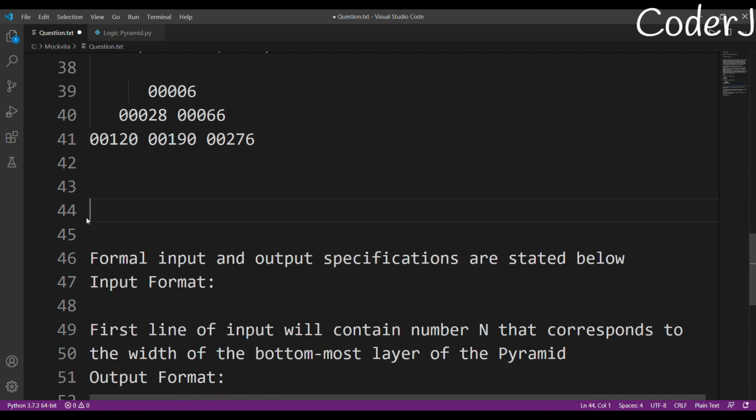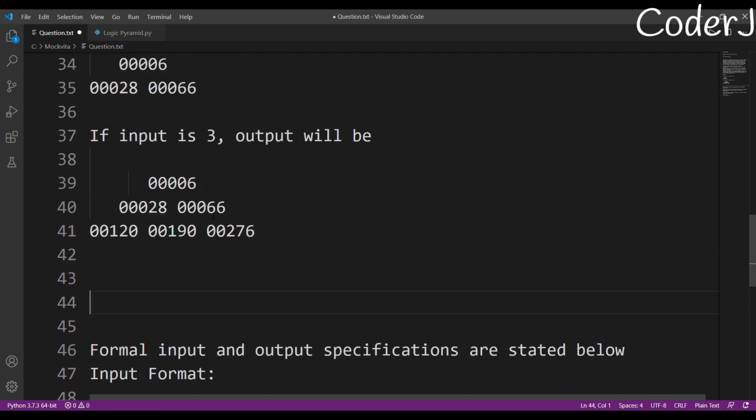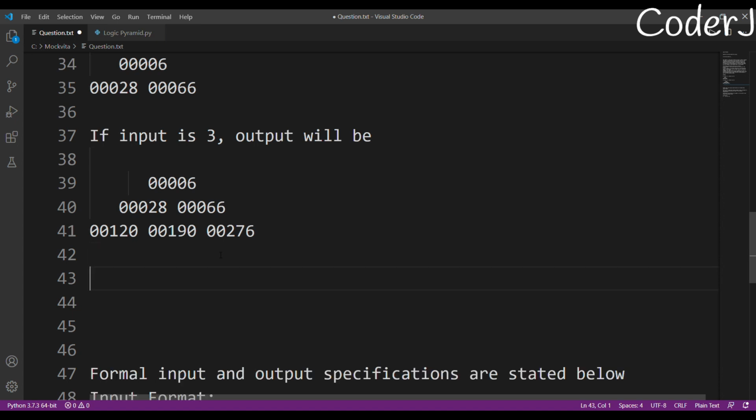So now let's come to the main part, finding the pattern. That is the most important part in this question. How do you get from 6 to 28, and then 28 to 66, then 66 to 120? Once we are done with this, we'll look at how to account for the spaces, and after that how to print all the values. So firstly let's start with the hardest work, and that is finding the pattern. So these are the numbers: 6, 28, then 66, then 120, then 190, and then 276. So these are our numbers.